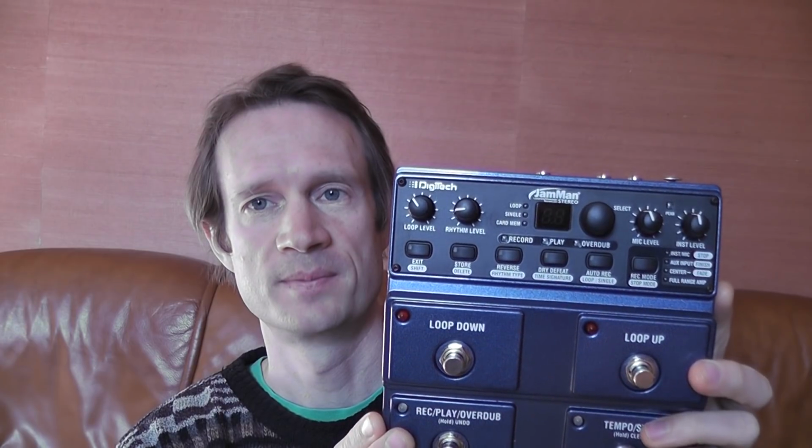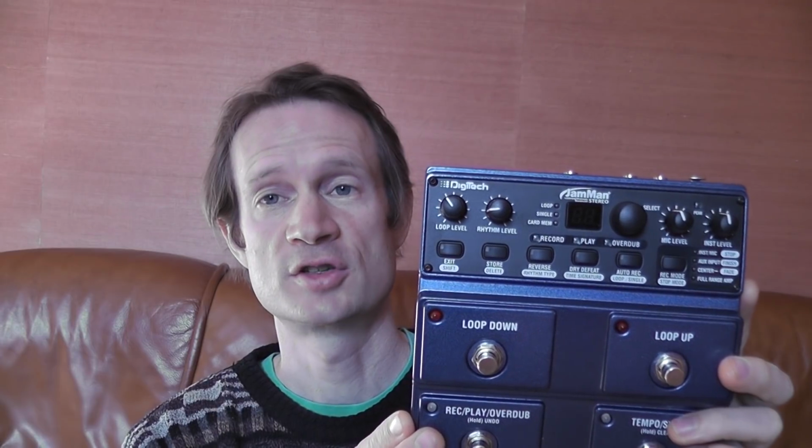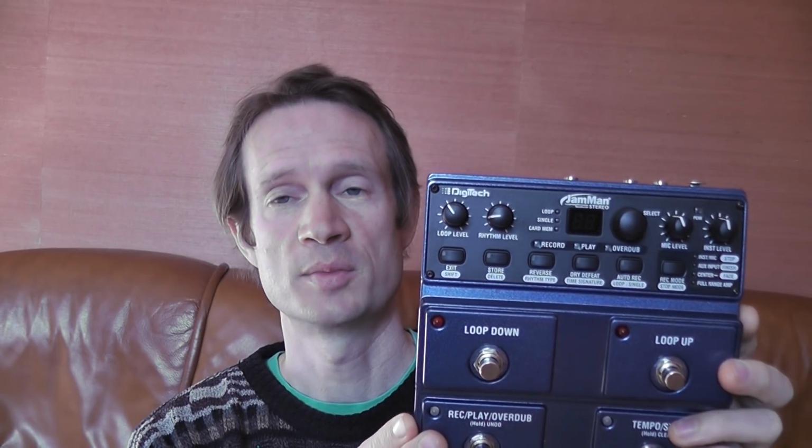So moving on to the face of the device, we have a lot of controls here. I think they're pretty well done and pretty useful, and I think they're described pretty well in the manual that is delivered with the device. So I'm not going to go over all of them. You know, they're basically controls about how to store and delete loops, how to save them. You can also even copy loops from one location to another in case you want to